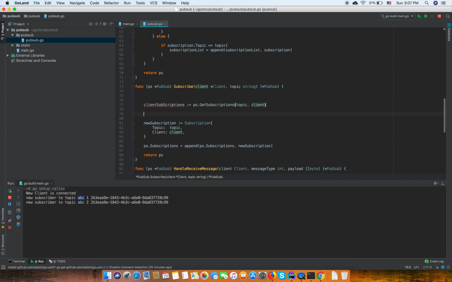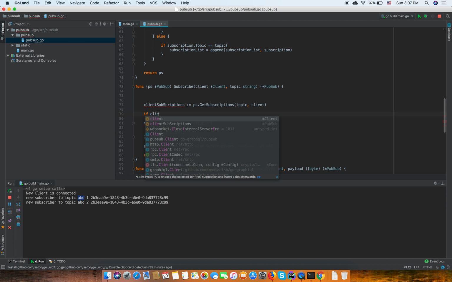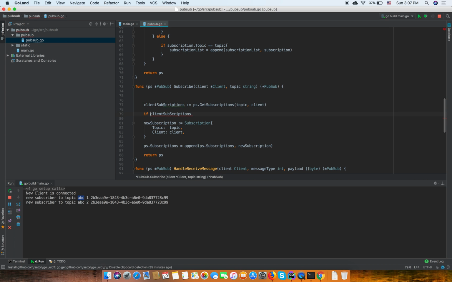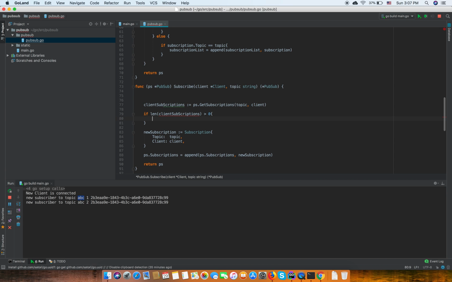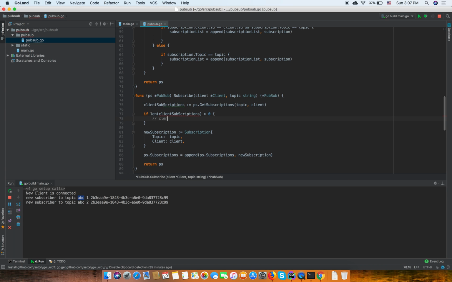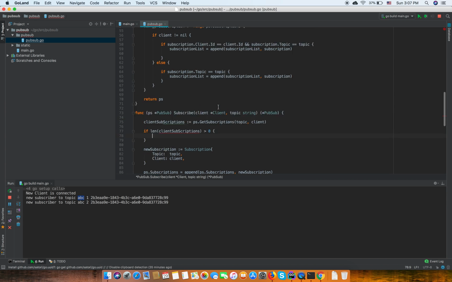And so we can check if the client subscription length is greater than 0. This means the client